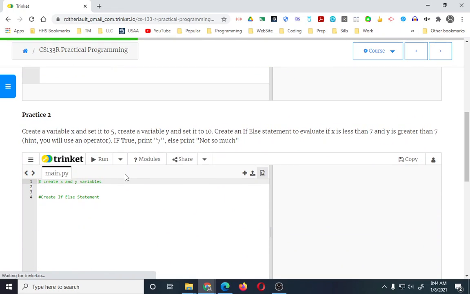Now, let's add a little bit more to this. We're going to create a variable x and set it to 5. Create a variable y, set it to 10. Create an if-else statement to evaluate if x is less than 7. So we're evaluating if x is less than 7,